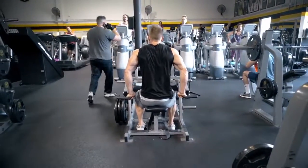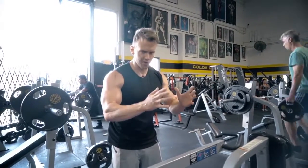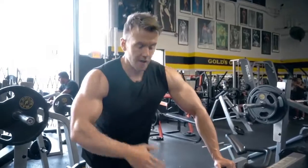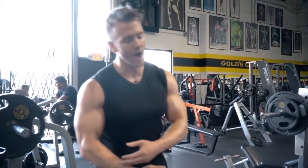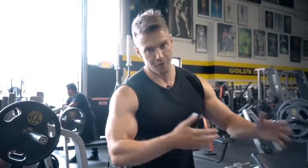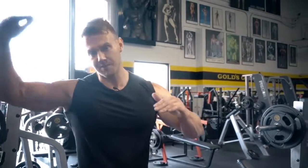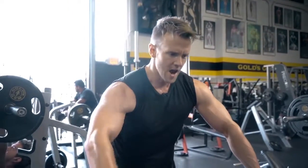Right, making really good time with our arm workout. I'm keeping the sets pretty close together. I've still got biceps to do, I've still got forearms. These are relatively small muscles compared to the chest or back or legs, so I don't need a whole lot of time to recuperate before going on to my next set. I'd rather not focus on adding too much more weight, keep the recovery times down low, and really push my